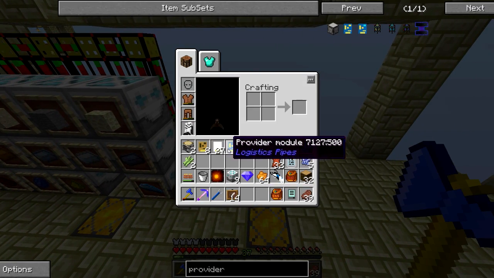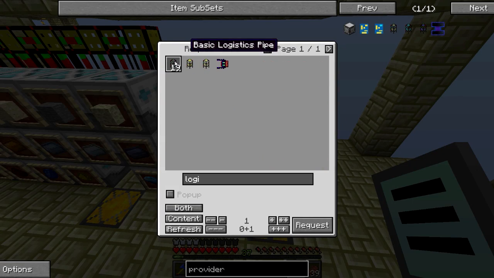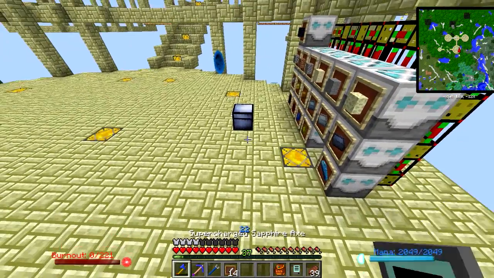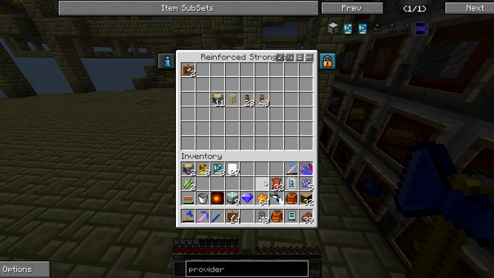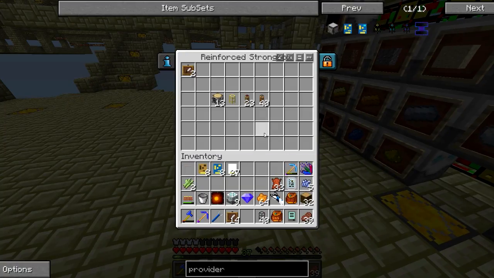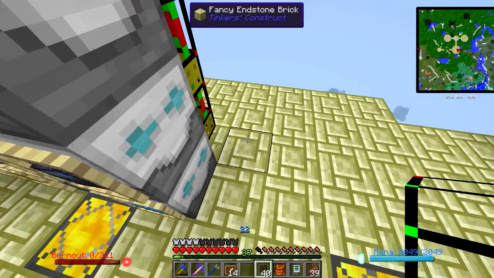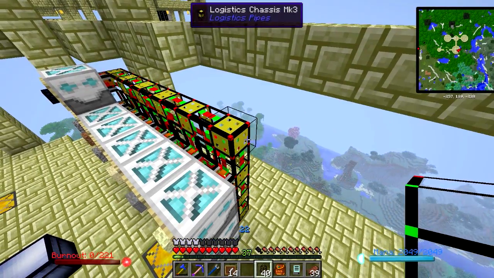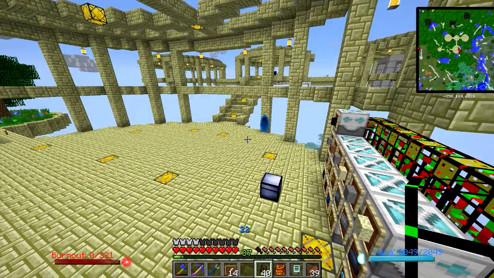And what we need to do now is get some more logistics pipes. Is that really all I have left? Oh, I bet they're in here. Yeah. Okay. And let's get rid of these barrels. I don't need those. So this is kind of like the center of the room. So I think what I'm going to do is...